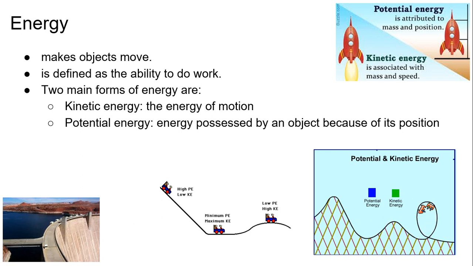There are two forms of energy. There is kinetic energy, the energy of motion, and there's potential energy. Energy of motion is easy. If something's in motion, it's considered kinetic energy. Potential is a little more difficult because it's basically energy